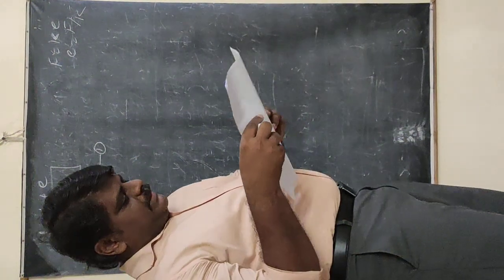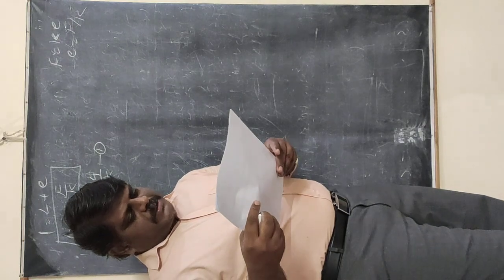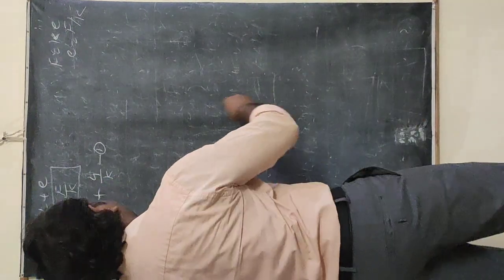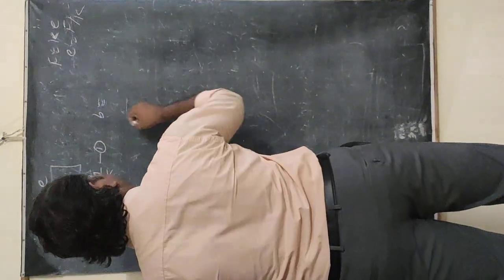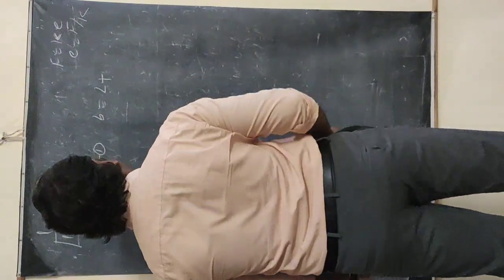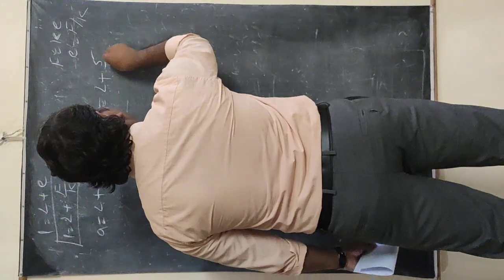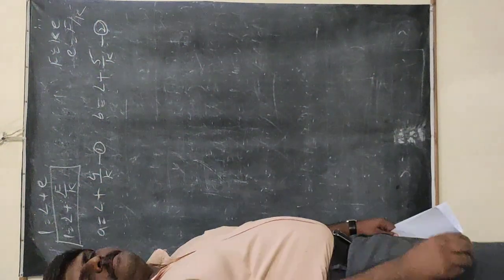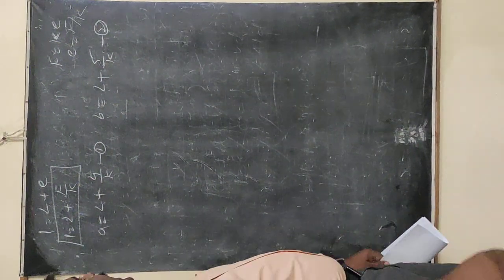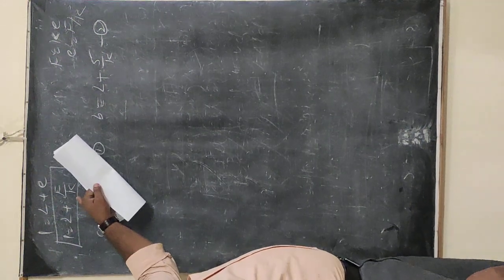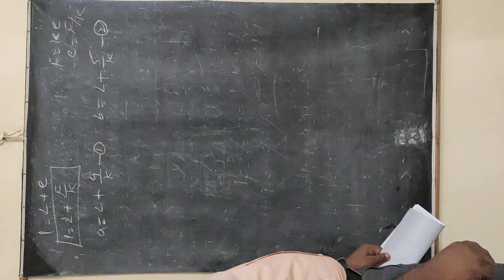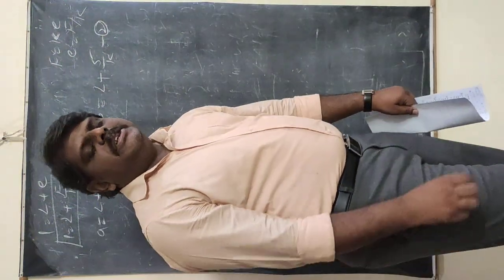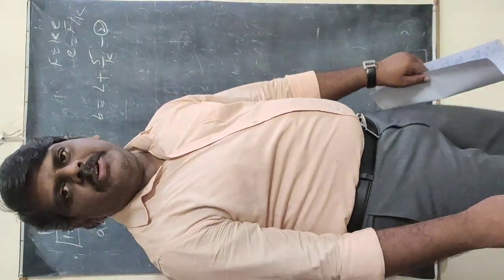Go for the next case. In the second case, it is B and 5 newtons. So B is equal to the final length, and the initial length is L plus the force applied, 5 by K. This is equation number 2. To find the elongation in the next case, we definitely need to find the A value and L value. Then it will be very easy to find how much elongation is produced.